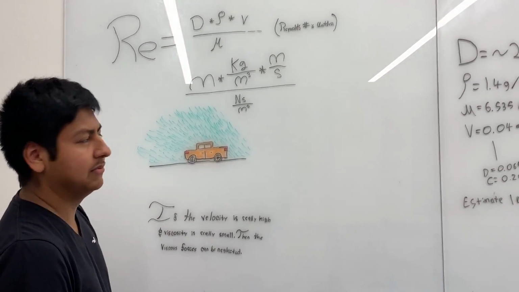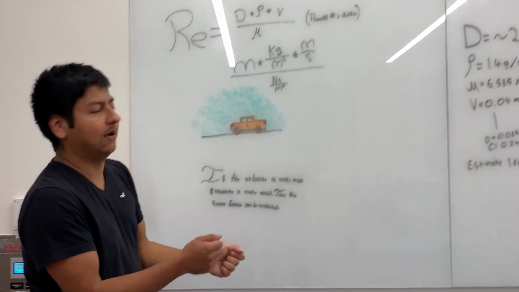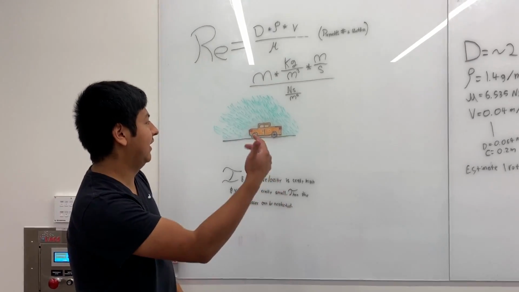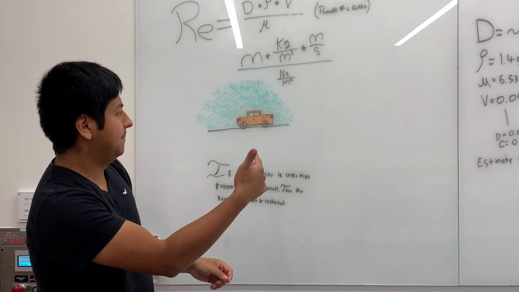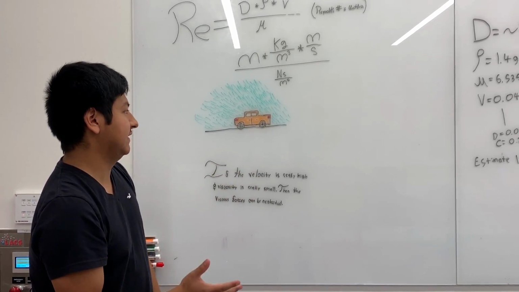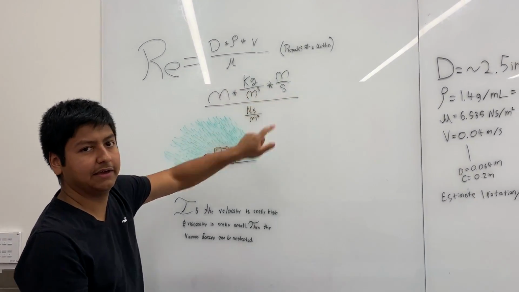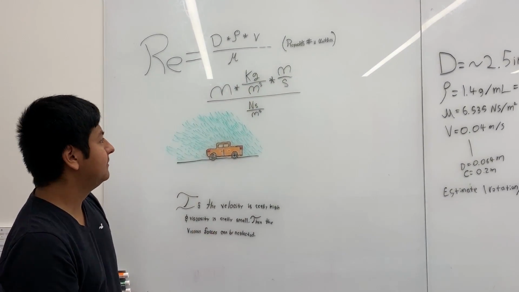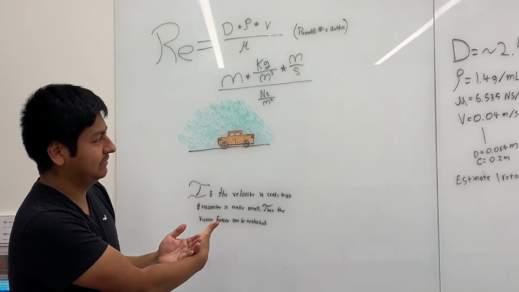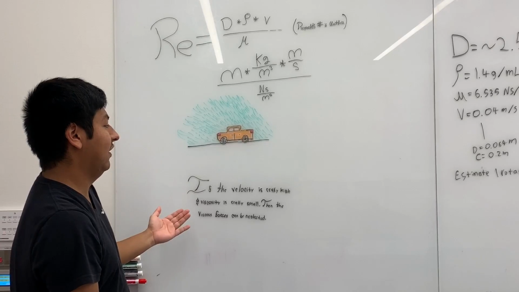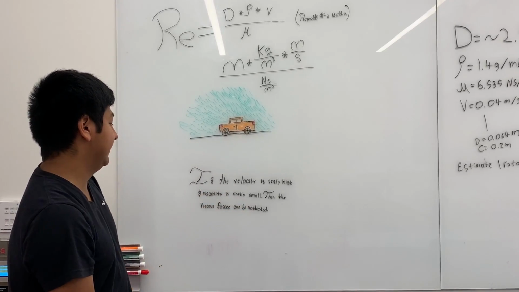A really good example to explain Reynolds number is when you're driving your car at around 100 miles per hour, and rain is falling on your windshield. Since water has a really low viscosity and your velocity is really high, you can technically neglect the viscosity because the water is just going to slide off your car. So if the velocity is really high and the viscosity is really small, then the viscous forces can be